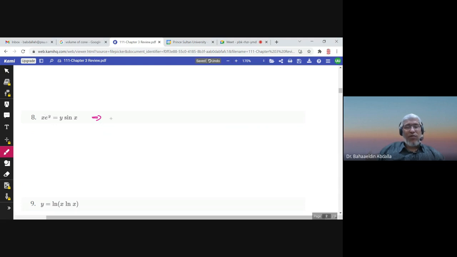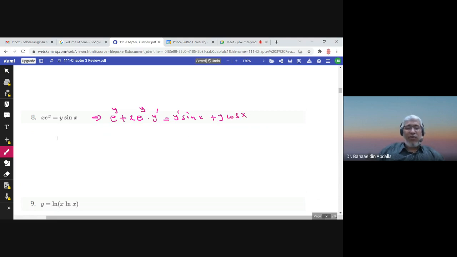So the derivative of x is 1 times e^y plus x times the derivative of e^y, which is e to the power y times y prime, or dy/dx. And also here we have a product: the derivative of y is y prime times sine x, and then y times the derivative of sine, which is